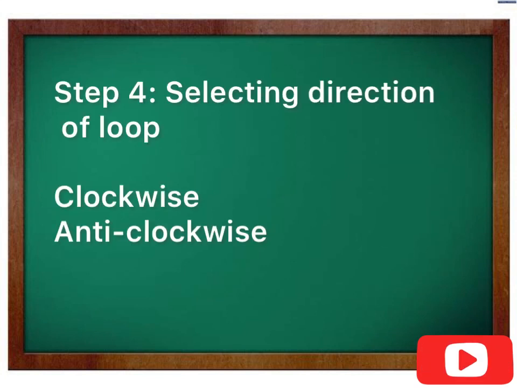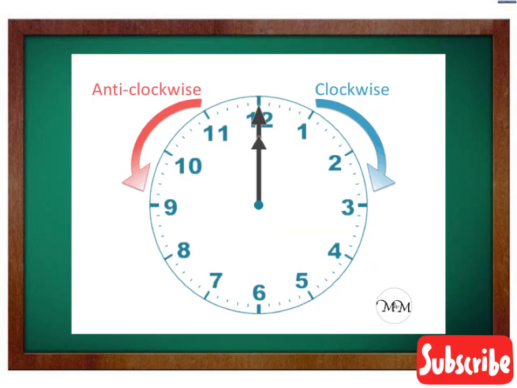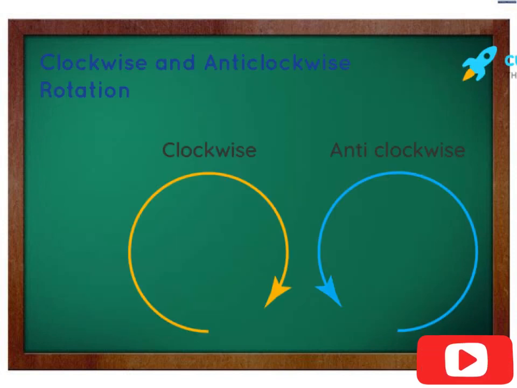The next step, the fourth one, is that we are going to select the direction or path for that loop. In the previous step we just selected the name of the loop. Now, what to do in that loop? We have to select the direction. This direction can be of two types: it can be clockwise, or it can be anti-clockwise. The clockwise direction is shown in the figure. You can note down the clockwise direction as well as the anti-clockwise direction.